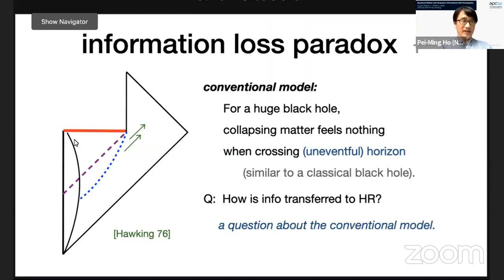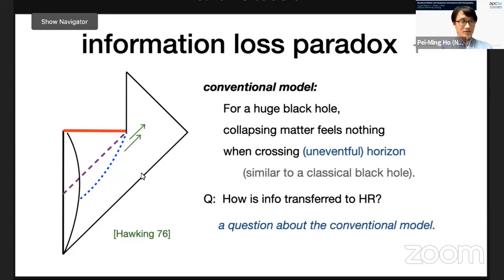So here I have a Penrose diagram. Penrose diagrams are just poorly drawn diagrams of the space-time. So the whole space-time is supposed to be compactified within this finite domain. So the notion of distance is completely ignored, but the only thing you can trust is that lines at 45 degrees are light-like. So lines that are more vertically pointed would be time-like and otherwise space-like.